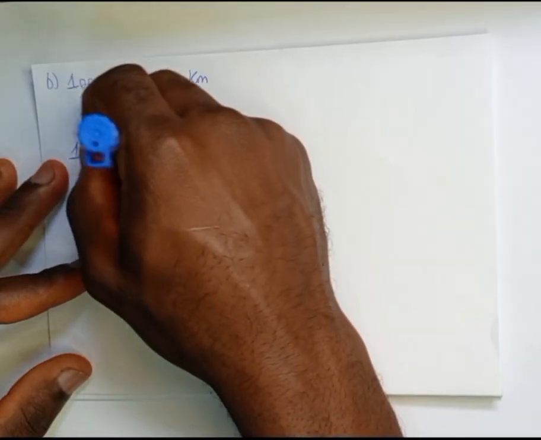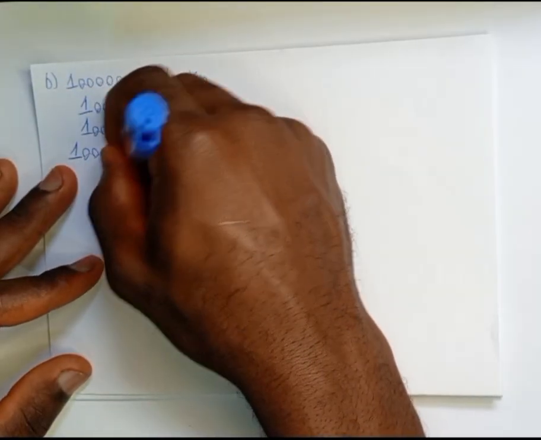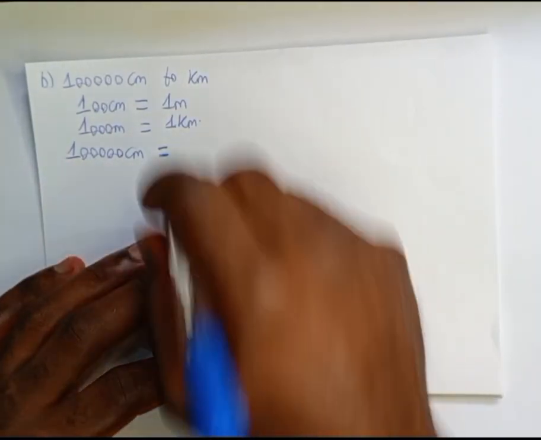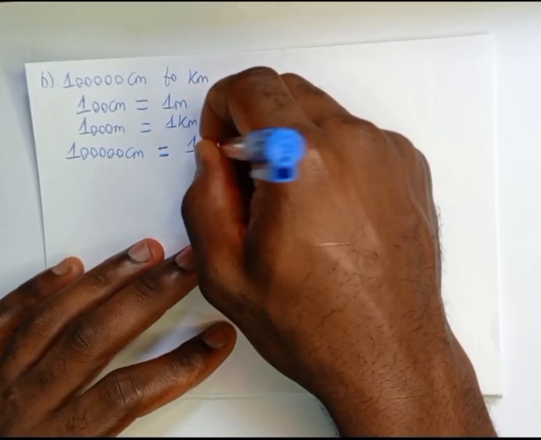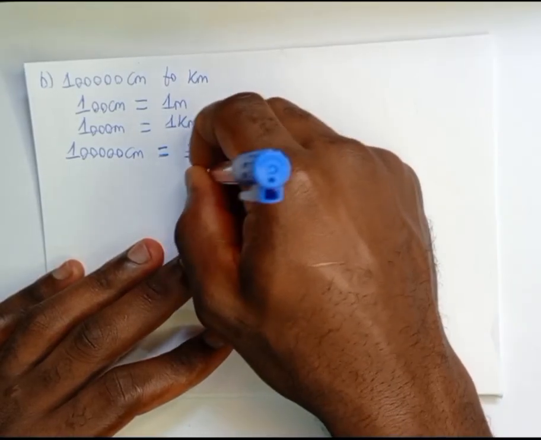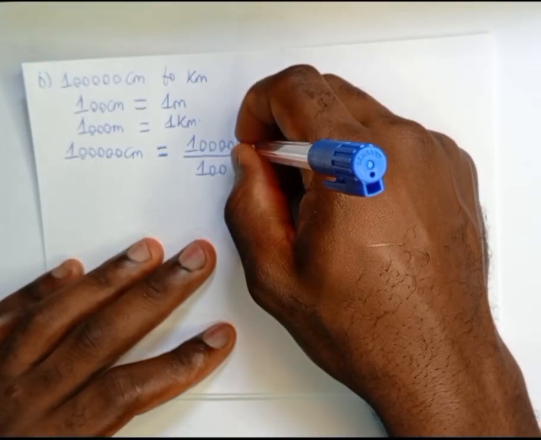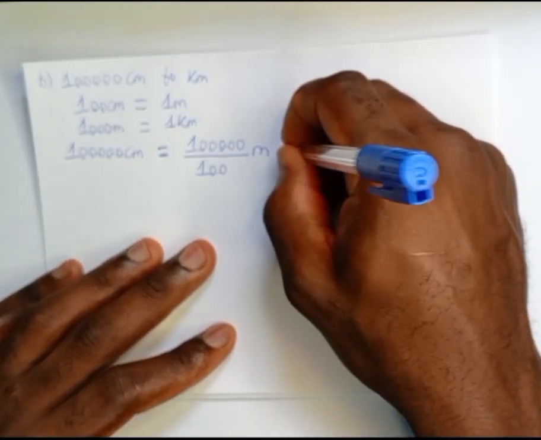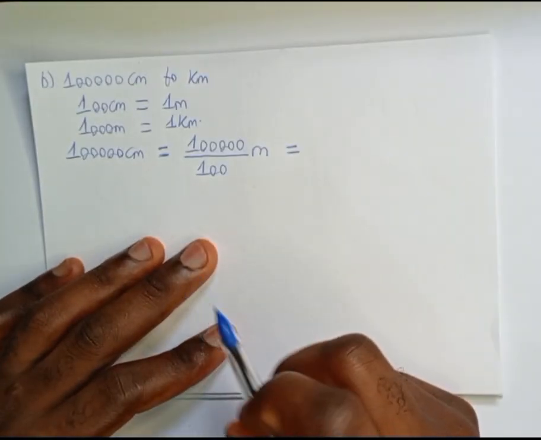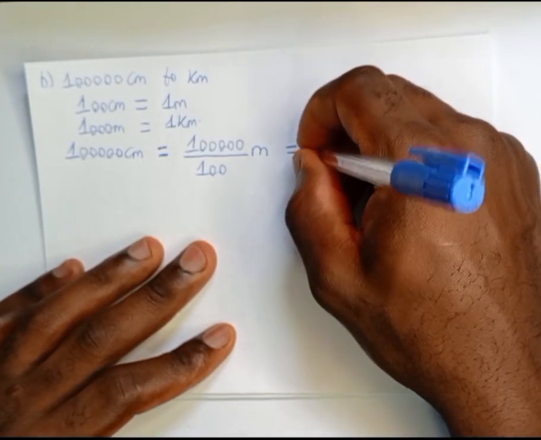Take 100,000 centimeters, converting it to meters. We are simply going to divide 100,000 by 100, and the unit will be meters. This will simply be equal to 100,000 divided by 100 gives us